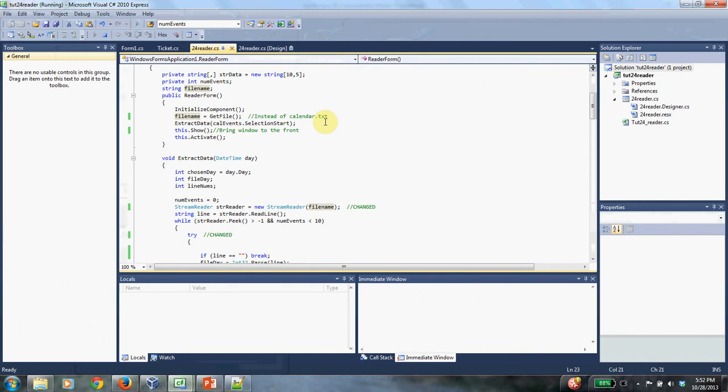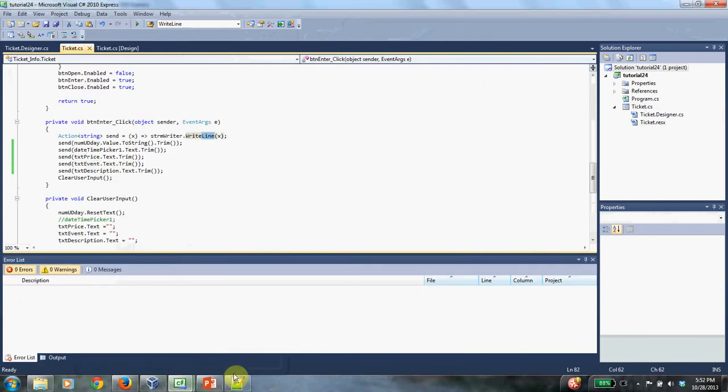But then you have this problem of where to put calendar.txt and keeping that synchronized with your other writing application. So instead of doing all that, I just did a global string file name, and here in the constructor for the form, I do get file using the open file dialog browser, which is why when I ran the program I got